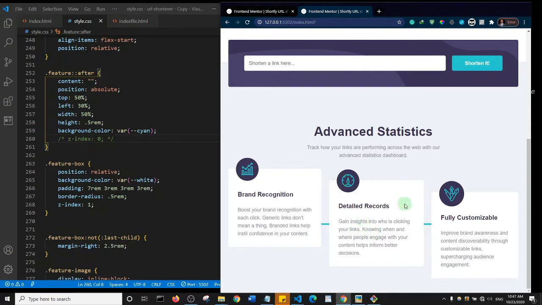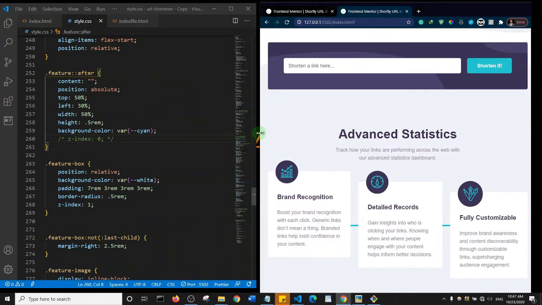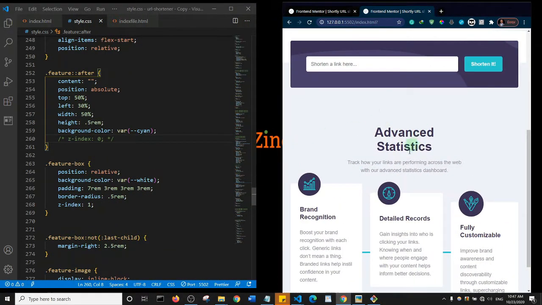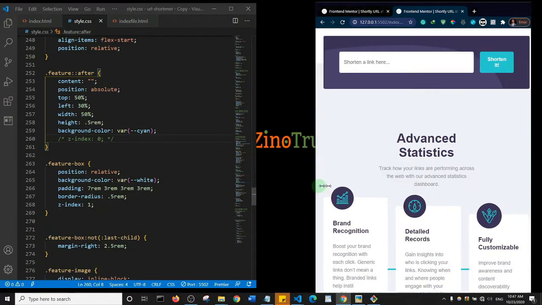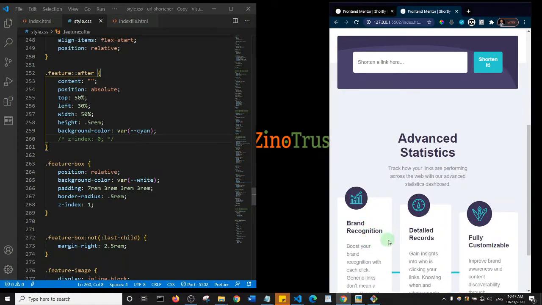All right, so there are a lot of media queries we need to add to style these 3 components we just did, and let me first try and shrink this up so that you can see what we're talking about. If I shrink this up, you see that at some points this about text here doesn't look nice, and even the feature boxes. If I keep shrinking it, at some point here it doesn't look nice. So we're going to fix that